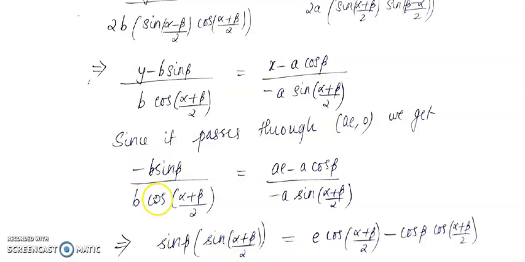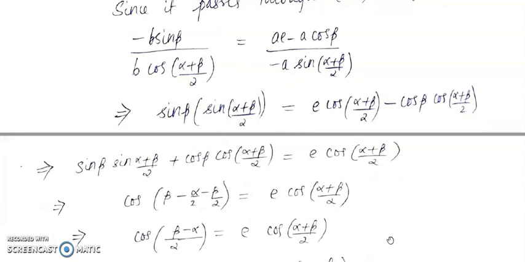So on cross multiplying you will get sin beta sin((alpha plus beta)/2) equal to e cos((alpha plus beta)/2) minus cos beta cos((alpha plus beta)/2). Now let us take the second cosine term to the left side. So you will get the form cos A cos B plus sin A sin B, which is cos(A minus B). So that will give us cos(beta minus (alpha plus beta)/2)